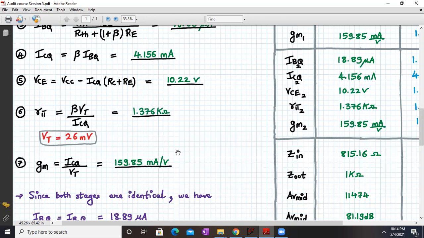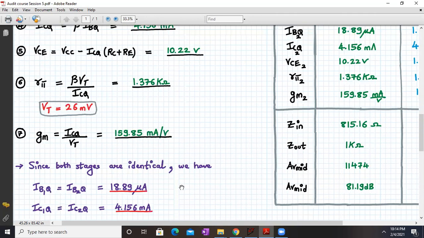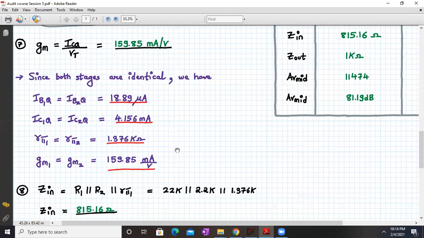Similarly, your GM value is ICQ upon VT, and if you substitute it, you will get a GM value of 159.85 milliampere per volt. Now, since both the stages are identical, we have IB1Q equal to IB2Q, IC1Q equal to IC2Q, RPI1 equal to RPI2, and GM1 equal to GM2.